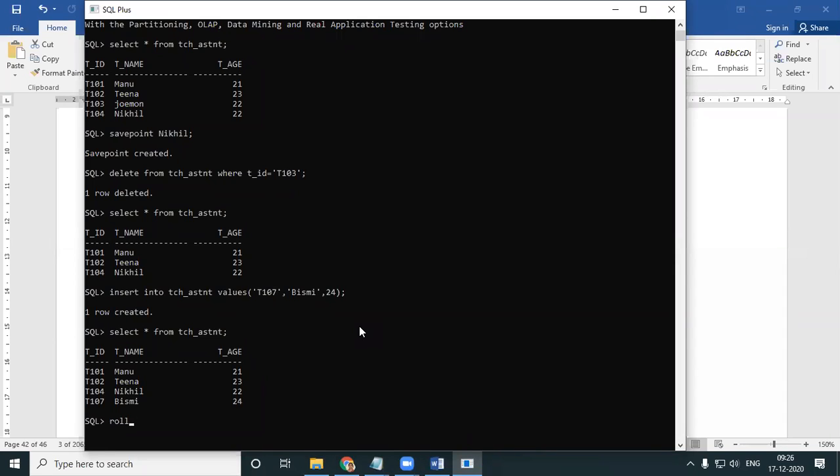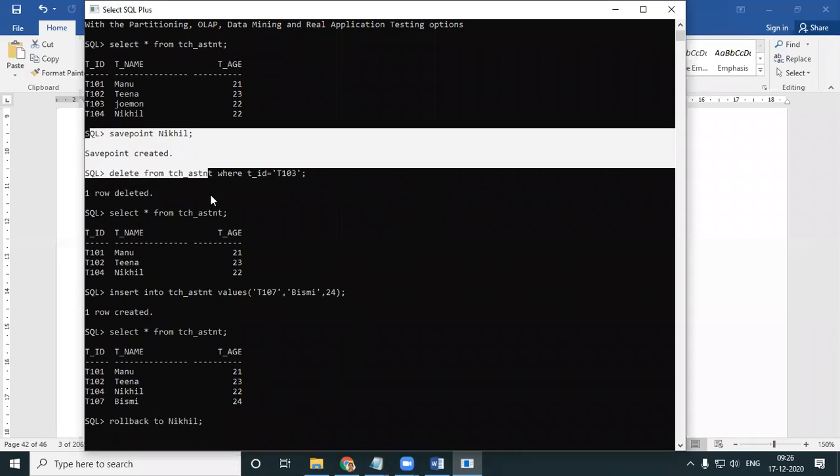So what I can do is I can roll back. Till where do I want to roll back? I want to roll back up till nickel. So you have a keyword called to nickel. I'll write nickel. So I can roll back up till here.